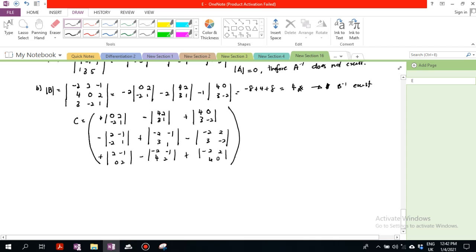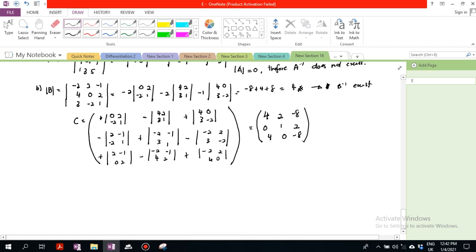This is your cofactor matrix. So when you calculate this one, you will get the matrix 4 2 negative 8, 0 1 2, and 4 0 negative 8. Okay, this is your cofactor,